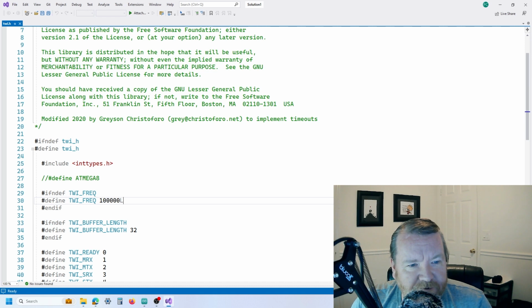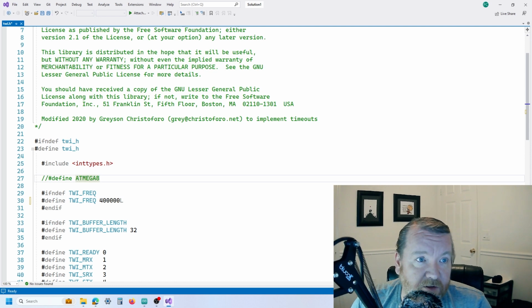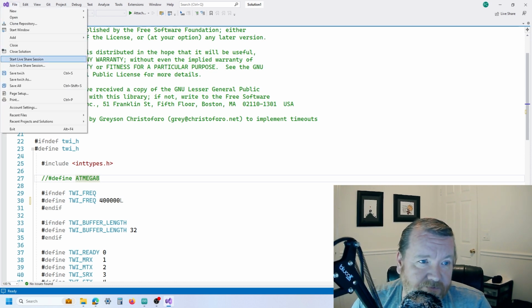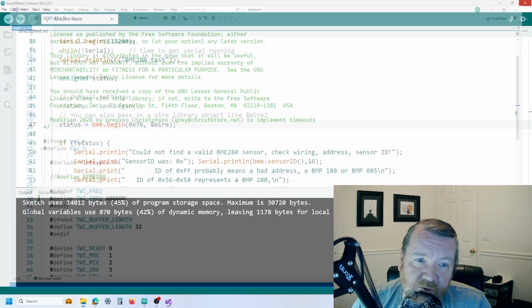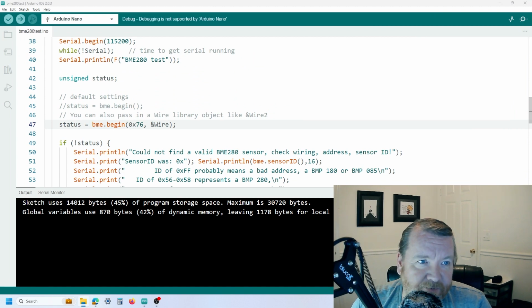And so when I tried that, what would happen was I would get 100 kilohertz for the begin set of message exchange, and then I would get the 400 kilohertz message exchange from then on, which is a pain. So in the end, I came down to having to change it at this low level and save it. Now when I go to my Arduino and I run this project,